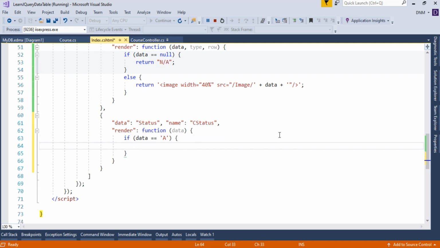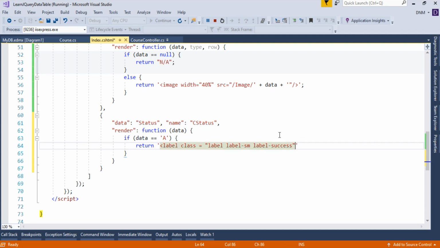In that case, I want to show active but along with some formatting. So here I am going to use a label tag of HTML. In the label I am going to render this value. To this label I am just going to apply one class, and here I am using the classes of Bootstrap. So the class is label itself, L-A-B-E-L. Then label dash sm, and one more class, label dash success.